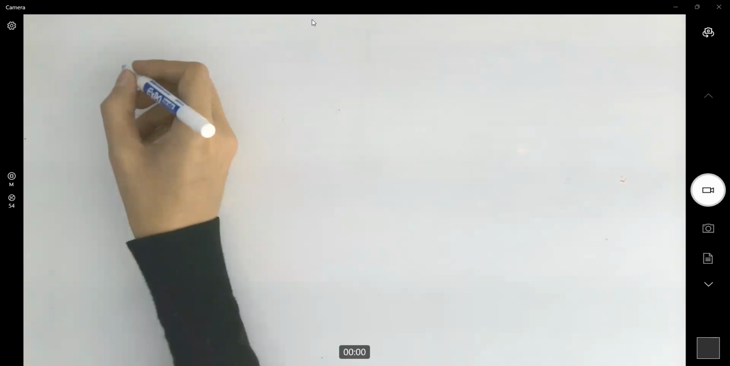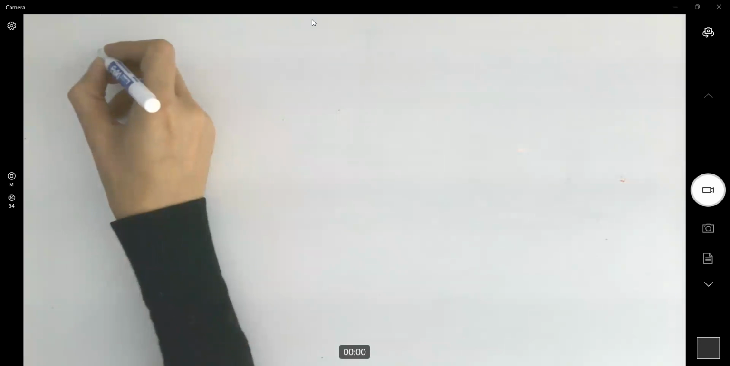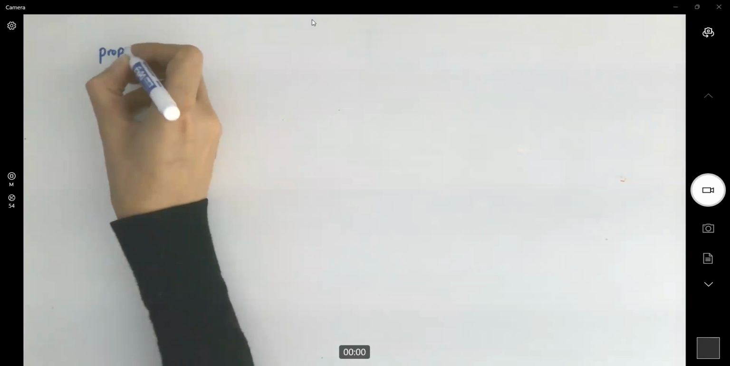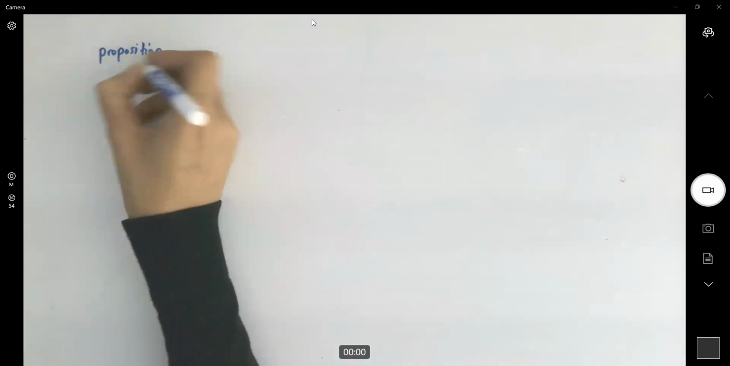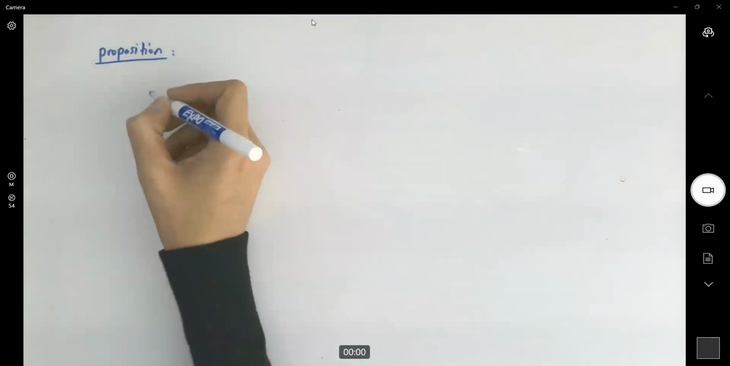Okay, some more proofs and proofs by definition. Let's write this down here. I'm going to write a proposition here. This proposition says,